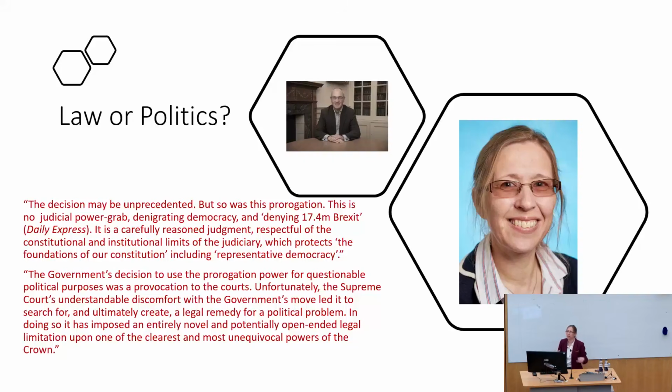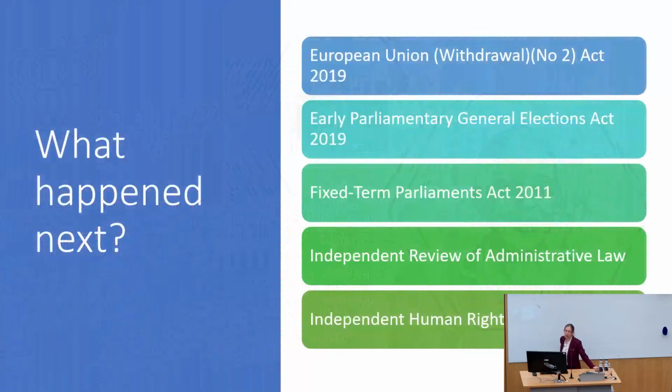And I want to put this, as a finish, in a context of what's going on now. Because we know in some senses what happened next. One thing that happened next was Brexit. But I've already mentioned 2019 was a bit of a crazy year. And one of the crazy elements of 2019 in Parliament was the European Union Withdrawal (No. 2) Act 2019. A piece of legislation enacted in one day through an interesting interpretation of procedures brought by backbench and opposition MPs working together, not by the government.